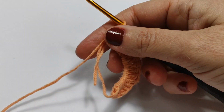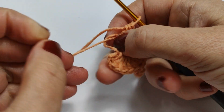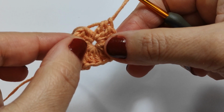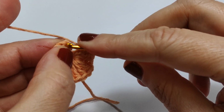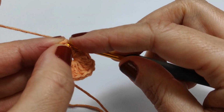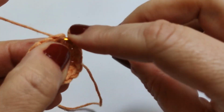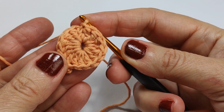Yes, dear friends, now we are going to close this circle. For this reason, I am pulling the yarn end. I am just leaving a small space like this. I'm not pulling completely, I mean. Now I am inserting my hook at the top of the first 3 chains. You know, we made 3 chains when starting this project. I am inserting my hook at top, yarn over, pull through, making a slip stitch, and our first row is